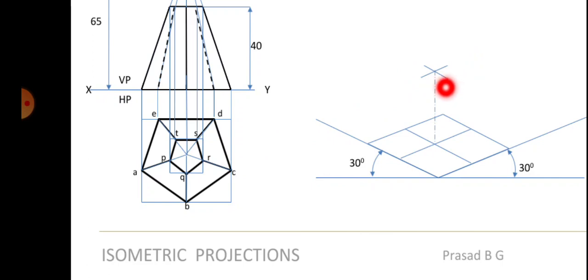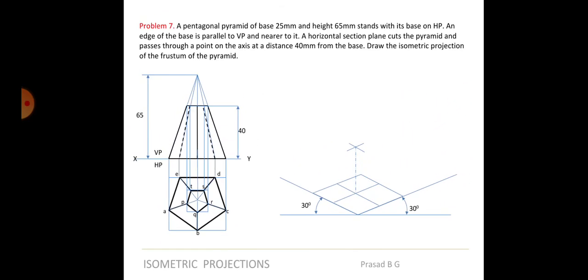Got it? Once I get that, I can draw parallel lines on either side. From this end point I will draw a line parallel to this, and draw one more parallel line from here. In the same way, from this midpoint I will draw a parallel line from here, and from this midpoint to this point I will draw a parallel line from here. So I will be able to reproduce the smaller box on the top. This is how I create the box on the top.